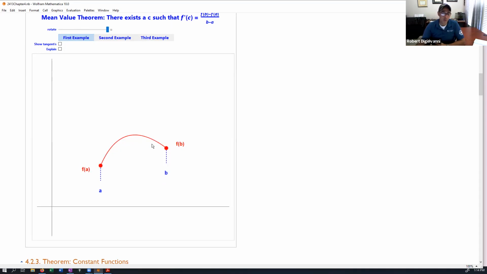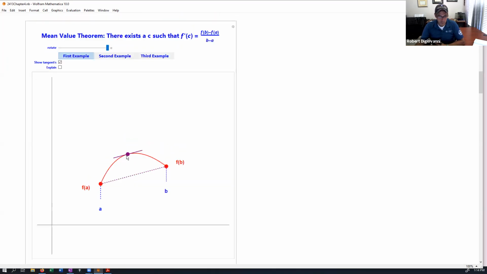The mean value theorem says, look, we're still guaranteed that there must be some point in here where the slope of the tangent line is still parallel to this line. But you notice that line's not flat anymore, right? So what we're saying is that somewhere in here, there's a C that when I go up to that C and look at the slope of that tangent line, the slope is f prime of C, because we're at C here. That must be equal to the slope connecting these 2 points together.